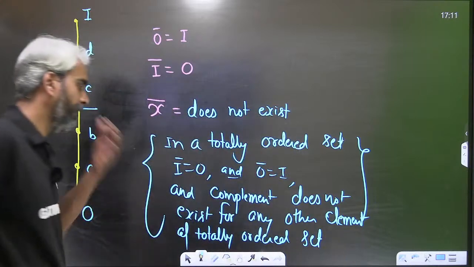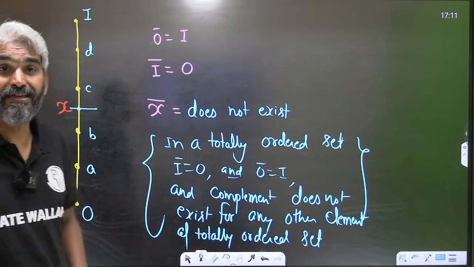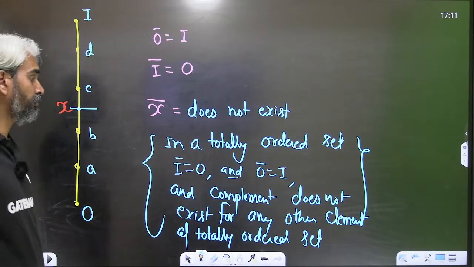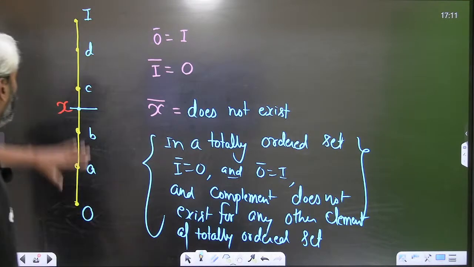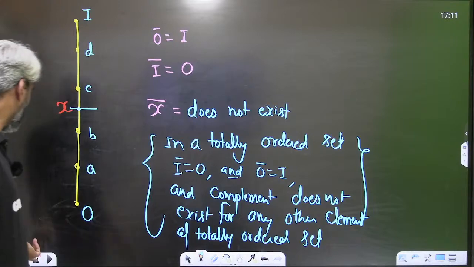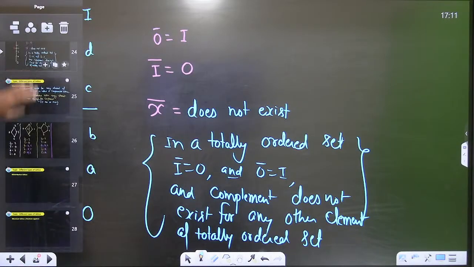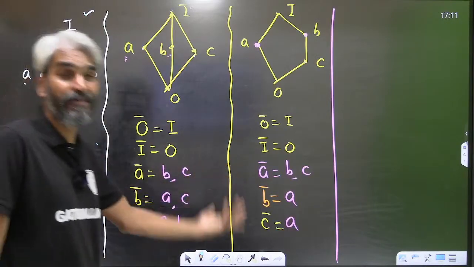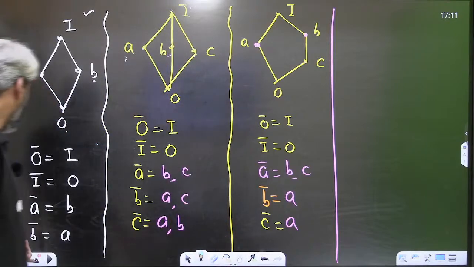Not exist for any other element of a totally ordered set. Okay, so that's fine that there may be no complement for some elements. There may be no complement for some elements. There may be more than one complement for some elements in our lattice, but please try to understand, if we